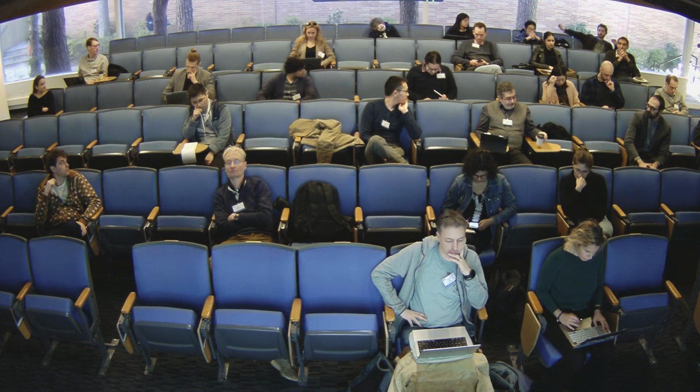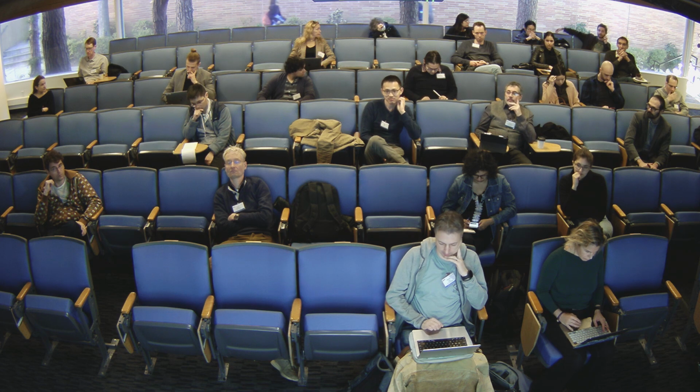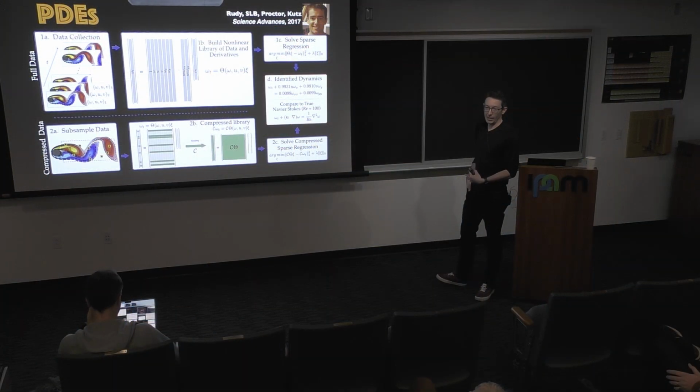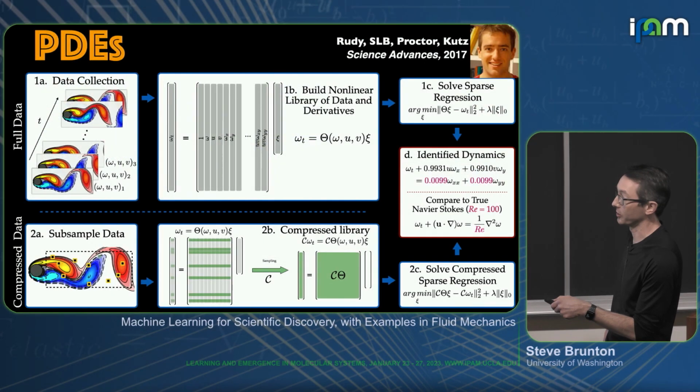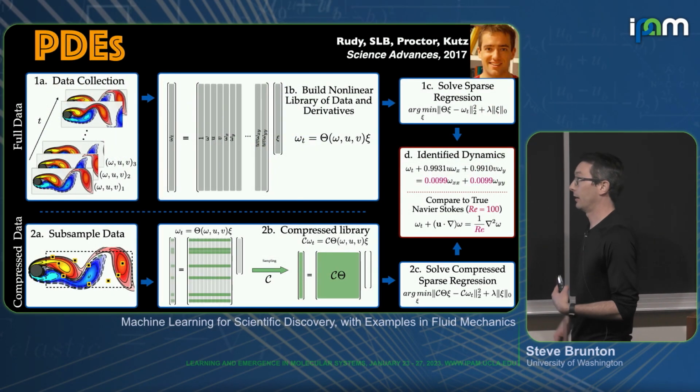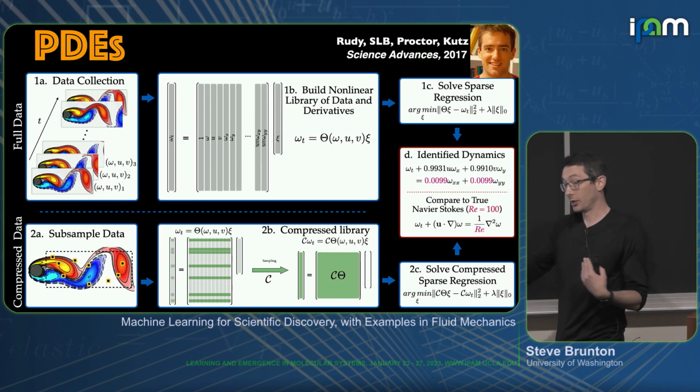Yep. Yeah, in the back. Maybe a bit pragmatic, but what about non-constant coefficients? What if my P behaves differently in different regions? What about boundary layers, etc.? Yeah, so that was Sam's second paper, actually. You can use something called the group lasso across your data so that you will have the same sparsity pattern, but those coefficients can change in time. So you can definitely have coefficients that change either in time or in space.